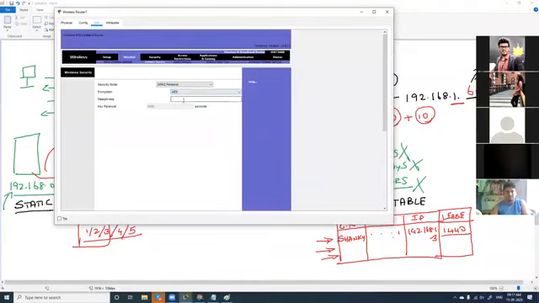Passphrase is your Wi-Fi password. This will be your Wi-Fi password. You can assign any Wi-Fi password. So next time when a computer is trying to connect with your Wi-Fi, it will be prompted with the password. Right? And you also have a lot of other options here.